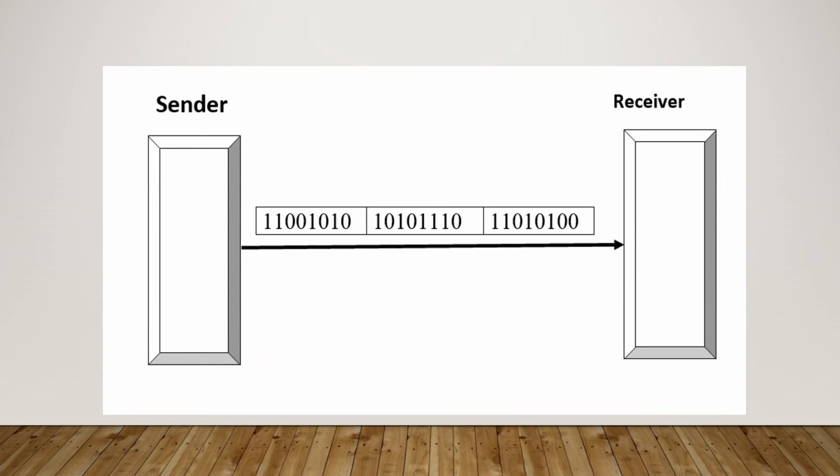Then this diagram represents the working of synchronous transmission in which there is no gap between each byte. Every byte is transmitted from sender to receiver one after another without any extra bit, without any gap. So it is totally the responsibility of the receiver to receive all that data and divide it byte by byte to reconstruct the original message again.